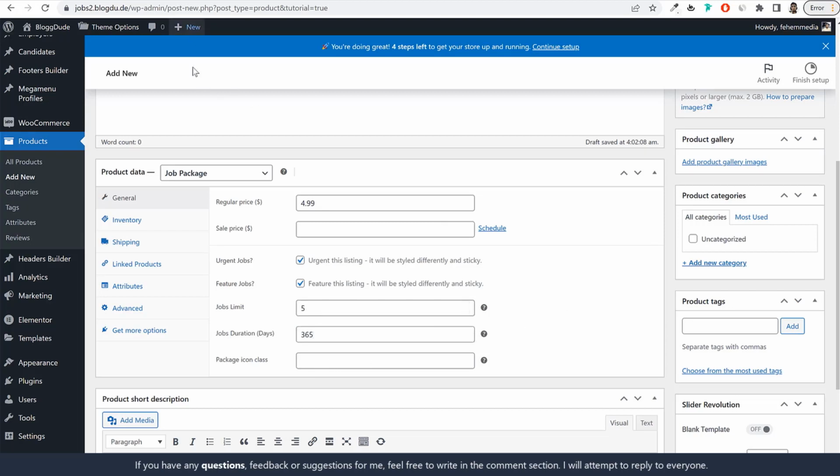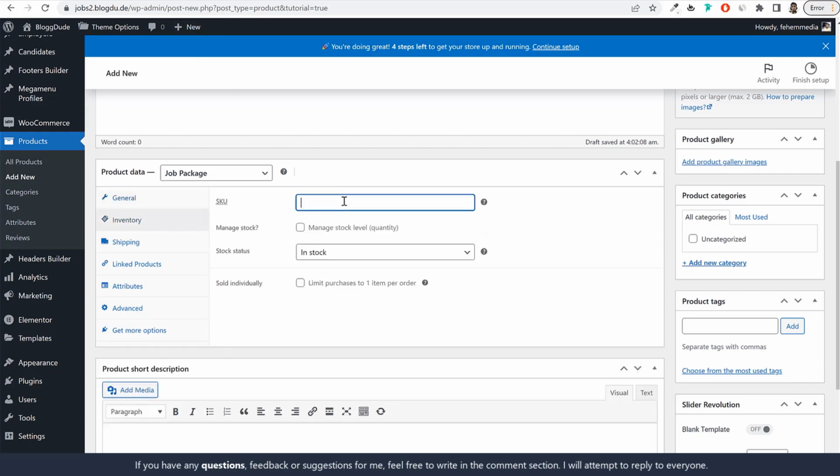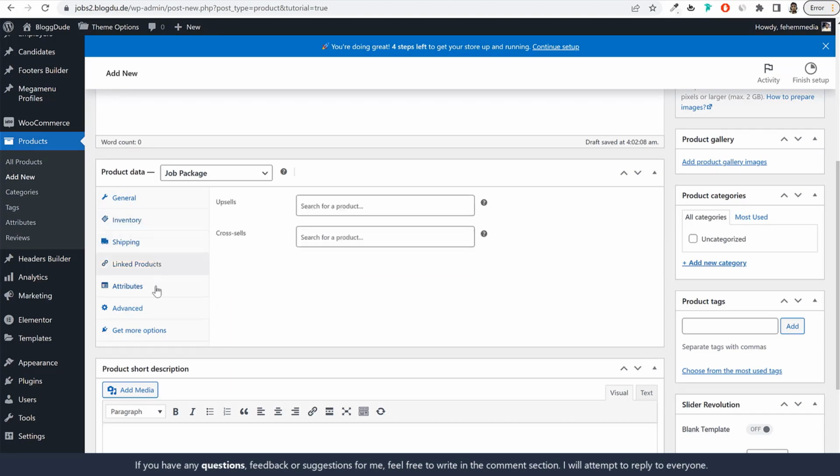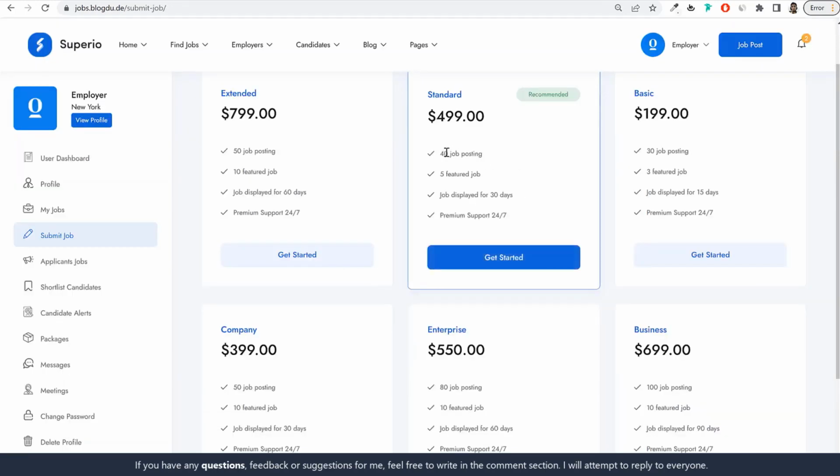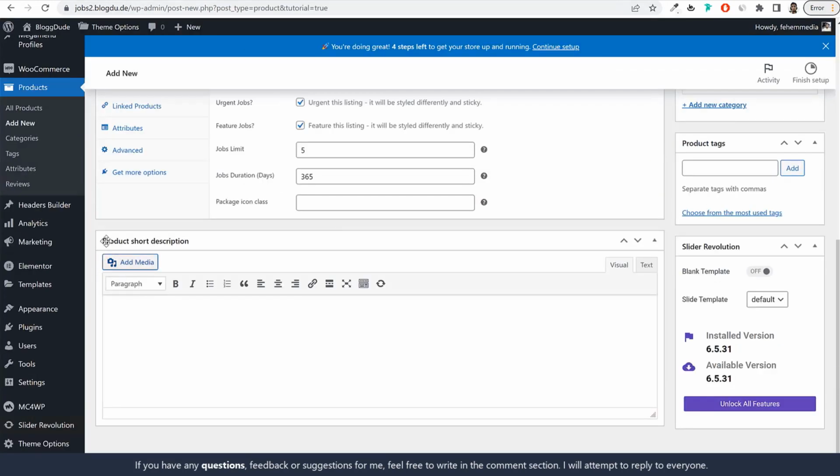Okay. And after that, you can also add some icon, which is not important. And under SKU, I can type in standard. Okay, so this is the SKU for this. And after that, I think rest everything is good. You don't have to enter anything else. Now in the short description, you have to enter these things, what all you're offering. So here, as you can see, number of jobs. And first, let me just go ahead and copy these 4 options and come over here under product short description